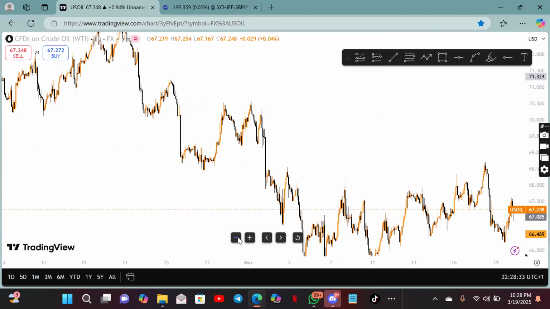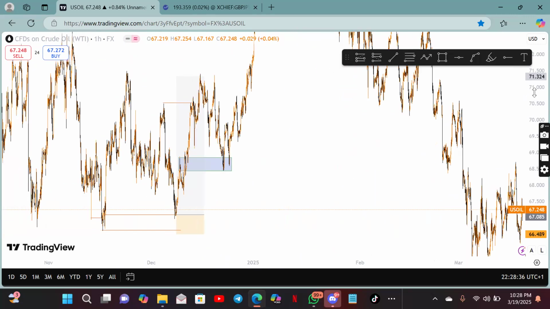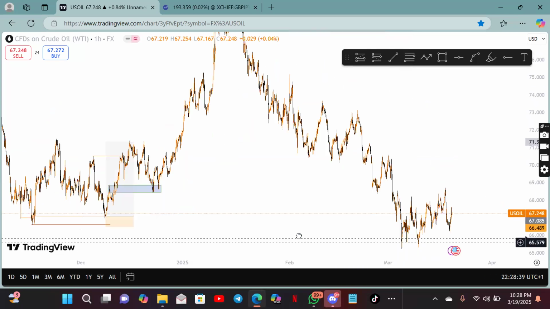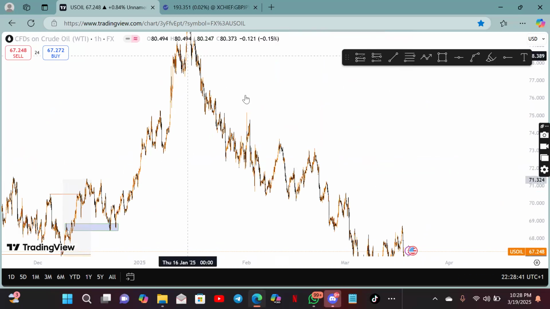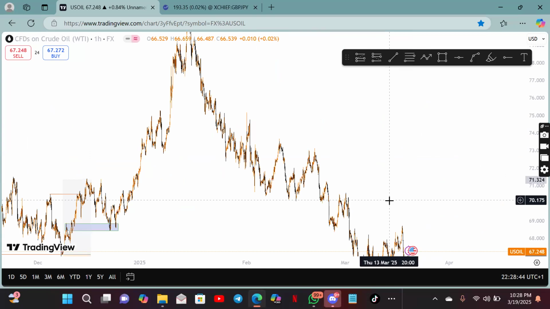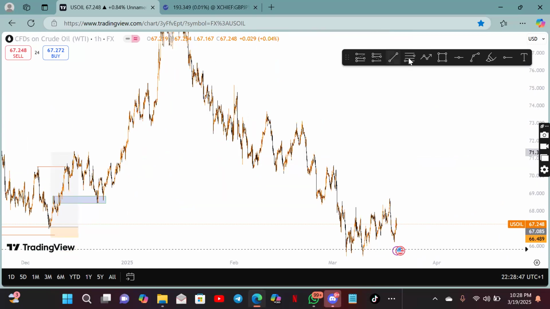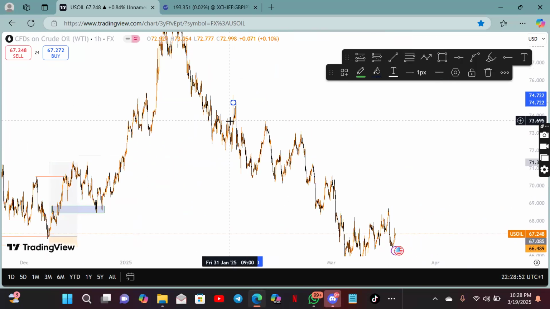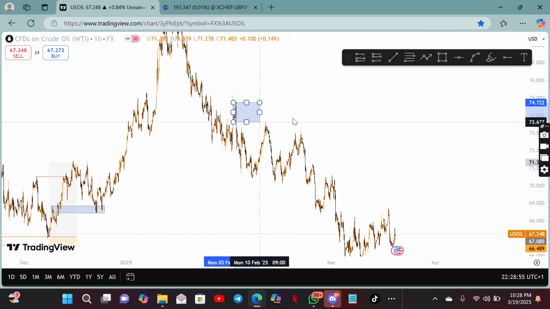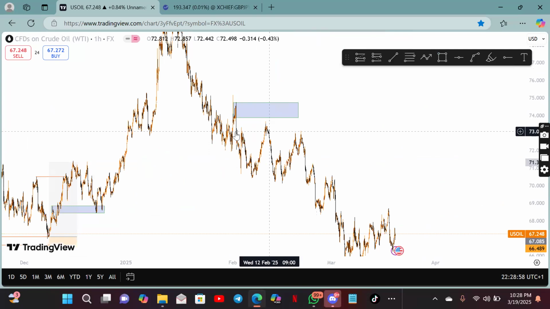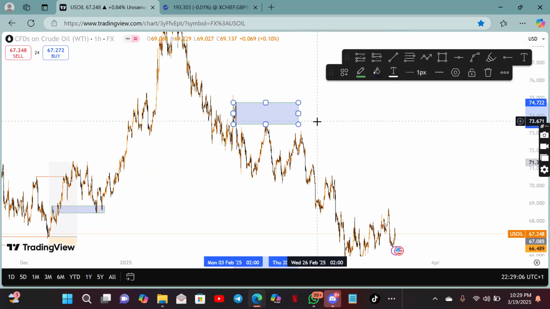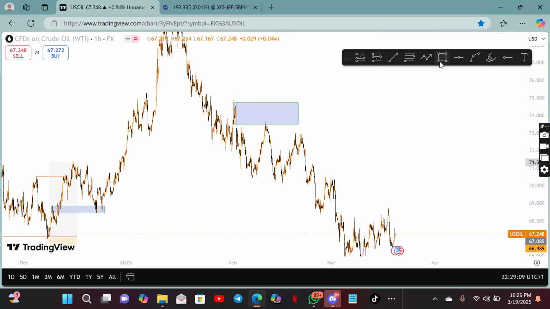Why I zoomed in before, I want you to see the trend. Which trend is this? A downtrend. Good. So in the downtrend, you can see what has been happening. This is an entry. Price didn't mitigate it. Then the price moved out from this breaker block. You see, that's the breaker block. So this one too from a breaker block. So you can see it moved from a breaker.